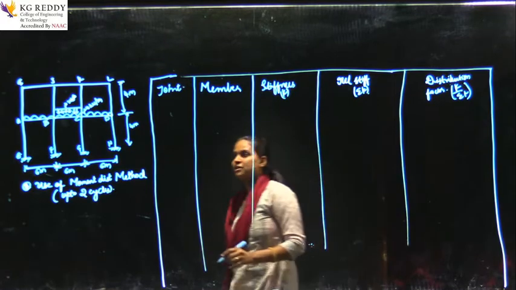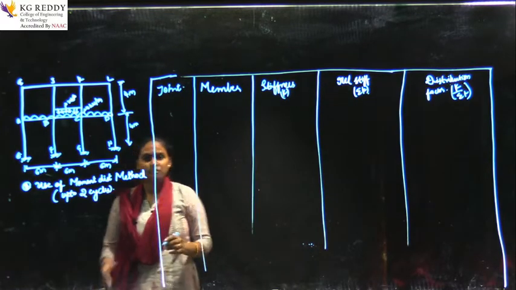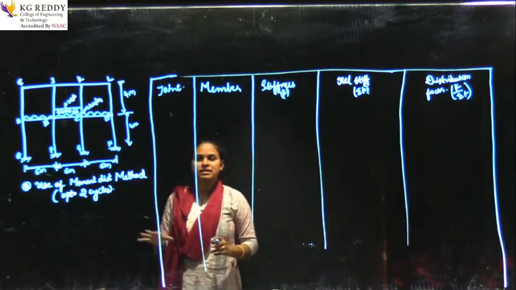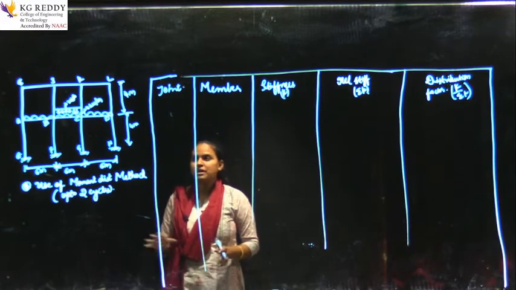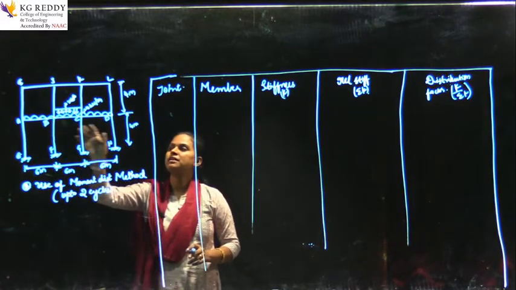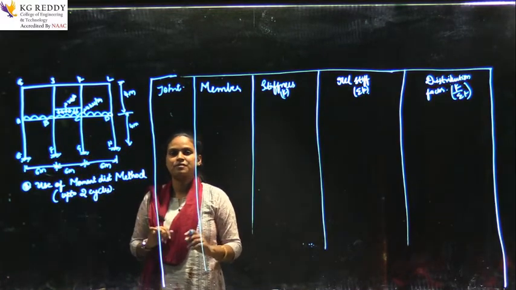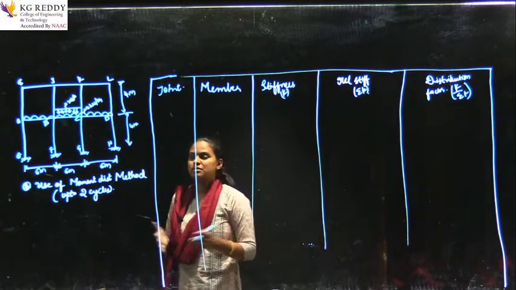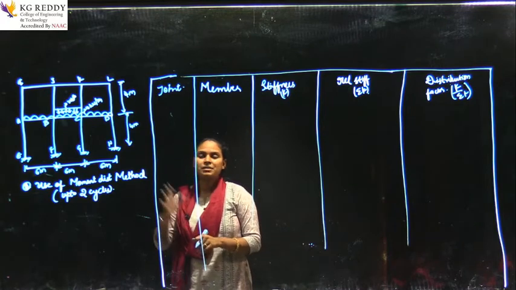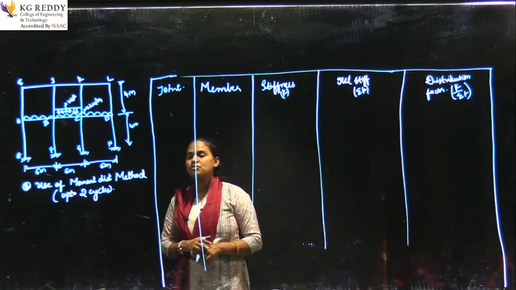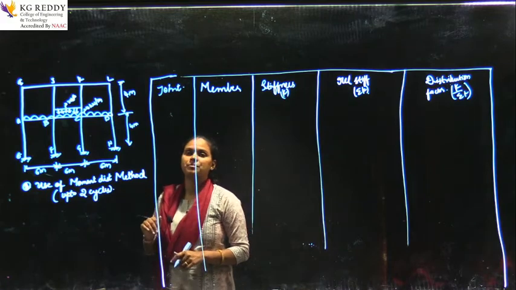What are the joints you have in the problem? Are you going to take it for the complete analysis? No, you are going to take only this particular beam, right? As this is the substitute frame method, whereas for previous methods you have done that for the complete frame, now you will be doing it only for the substitute frame.